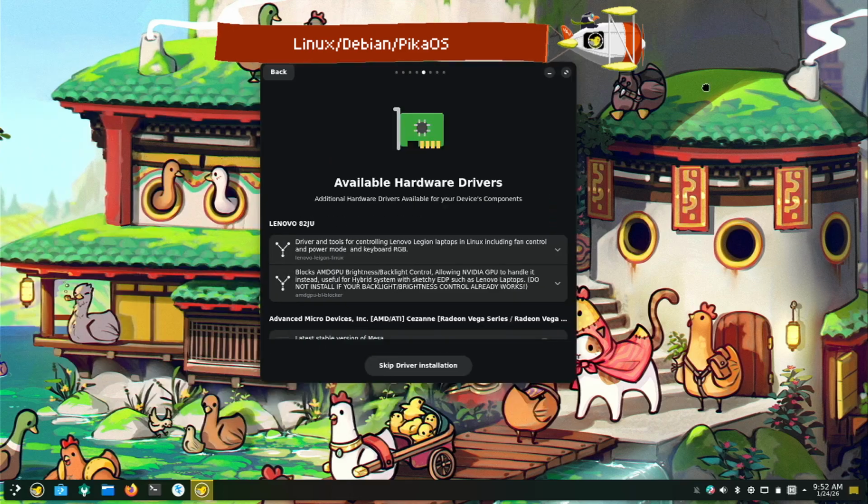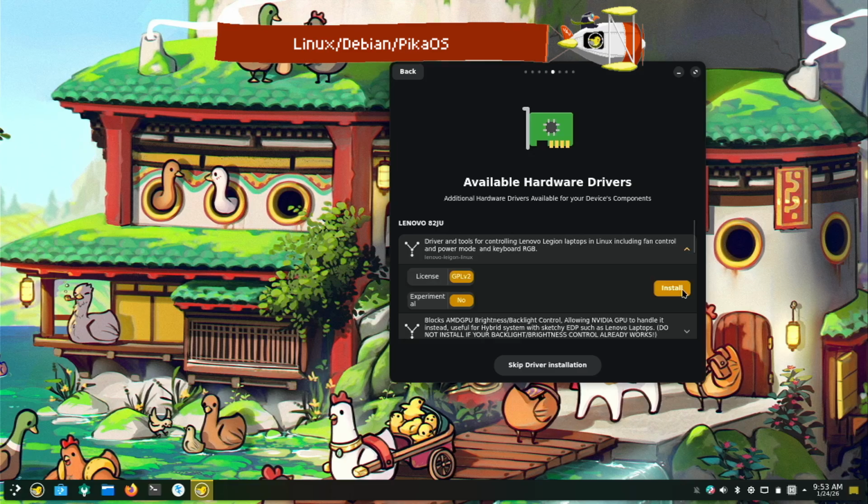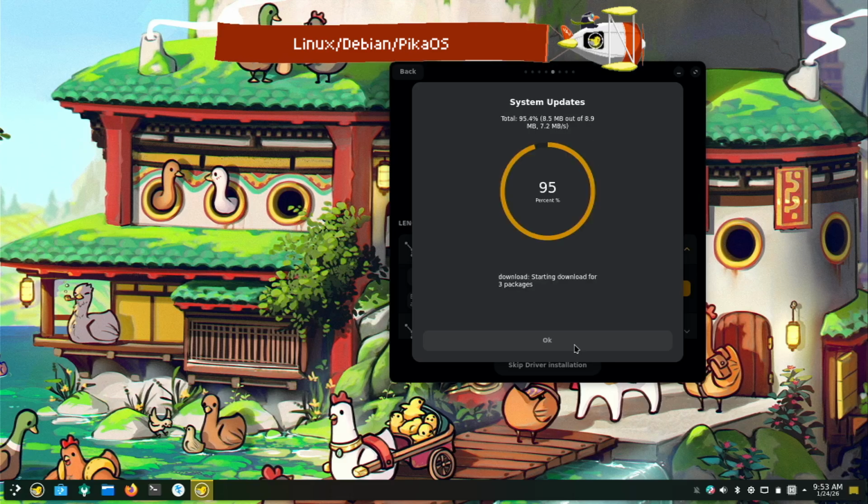Let's quickly start this up again, and we'll see that it gives an option for driver installation. Now, generally speaking, you will not really need to worry about drivers in Linux, as it is built into the kernel itself, which is pretty crazy if you think about it. But anyway, we'll install some of this quick,